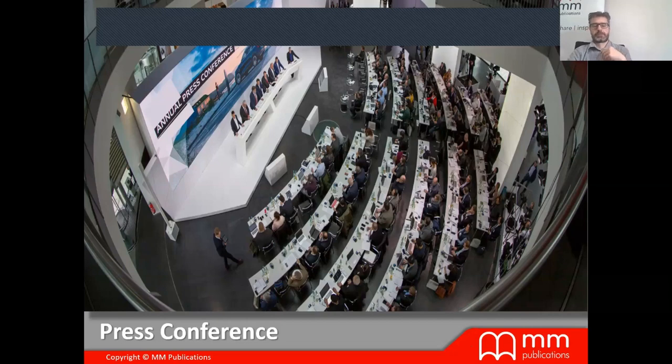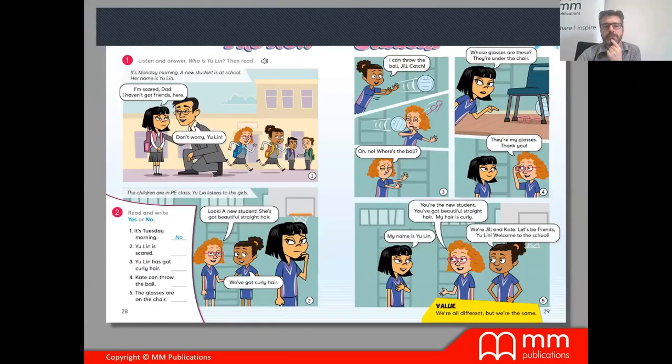And we can do lots of speaking and writing, the two productive skills, activities, not only based on the book, always read and answer or say yes or no or true or false. This is another example from a story that we have in our book for young learners. It's a story of a girl who changes neighborhood, changes city, and goes to this school for the first day. So she's a new student at school.